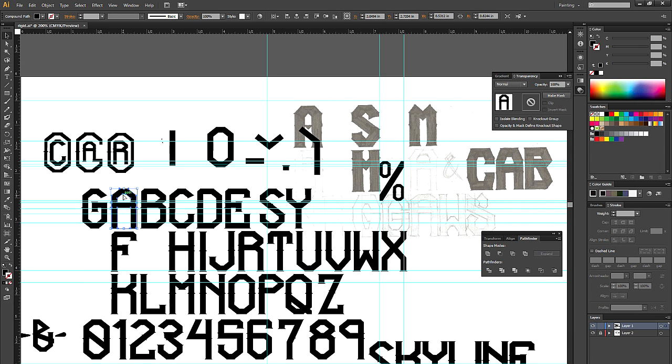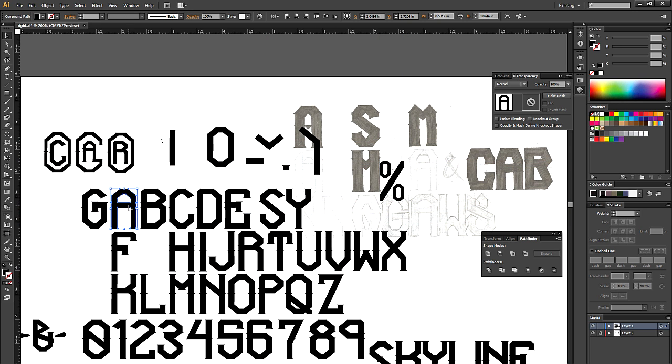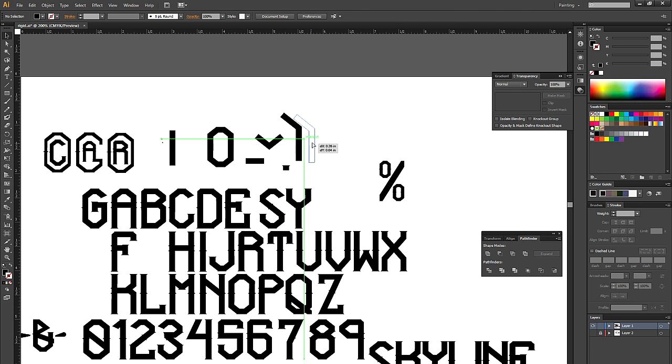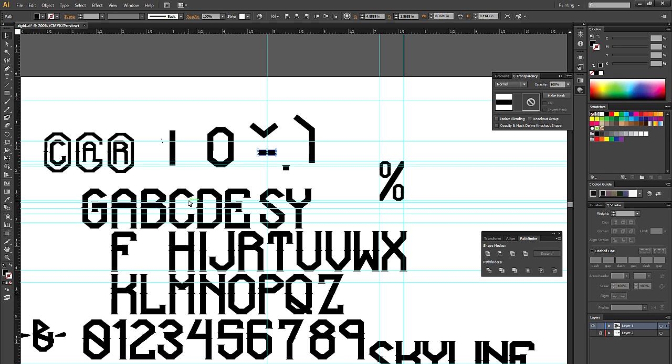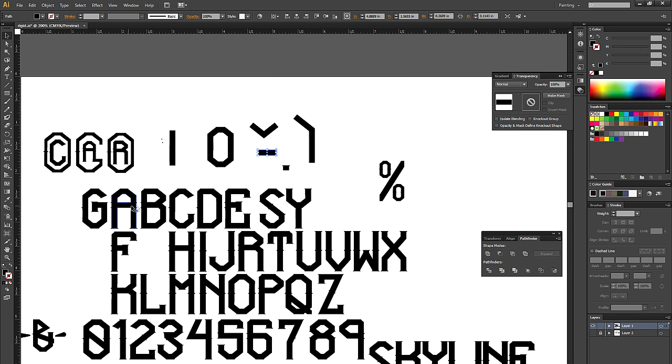And I started to find the pieces of this A, let me hide these guides, that I could see as being a consistent type of part to the letter. So if you look up here, I have these random parts that I noticed I was using in this letter A, and it made sense to keep things consistent. You would want to drag out a bunch of guides so you know where the arms of your letters are consistent. Make sure the arm of the A and the B are on the same level, and the G and the E and all that stuff,